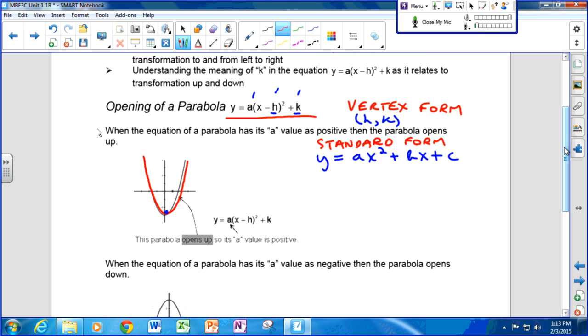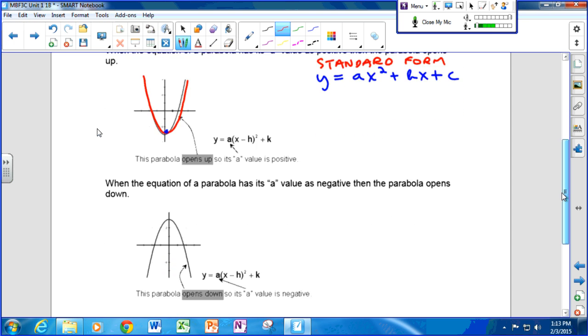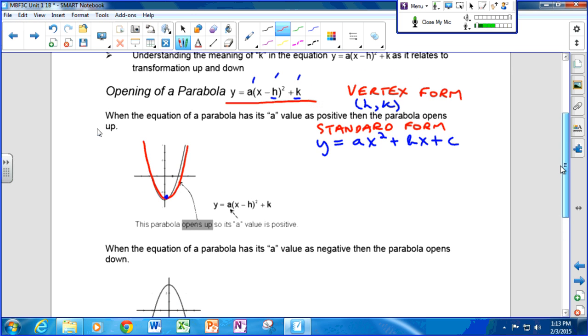Okay. Well, let's take a look at the first parameter here, the a, so that's the number that sits in front of the brackets. So y equals a times (x minus h) in brackets squared, so that whole thing in brackets squared, plus k. Okay. So the a is going to be a number. It can be 5, it can be 1, but it can also be negative numbers as well.